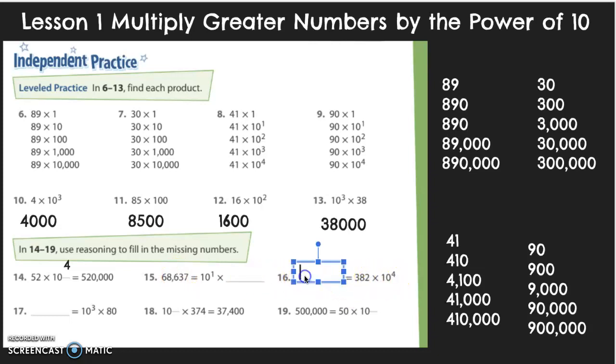382 times 10 to the 4th. I'm going to do 382. And now it's times 10 to the 4th, so I'm going to add 4 zeros. I'm going to have to make that bigger. And then it's